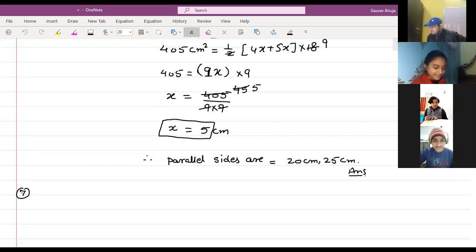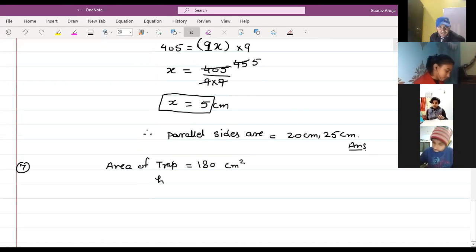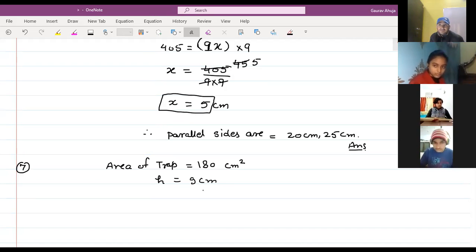Seventh question. The area of trapezium is 180 centimeter square. This is the last question we are doing. And its height is 9 centimeter. Height means perpendicular distance between parallel lines. Now, if one of the parallel sides is longer than the other by 6 centimeter, let